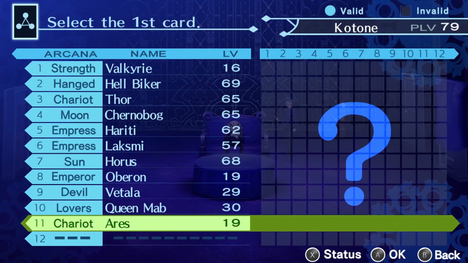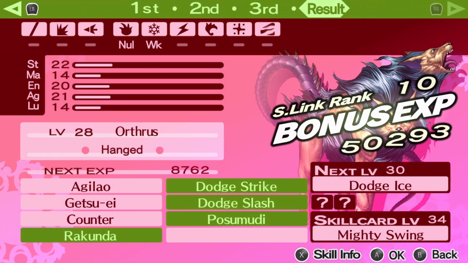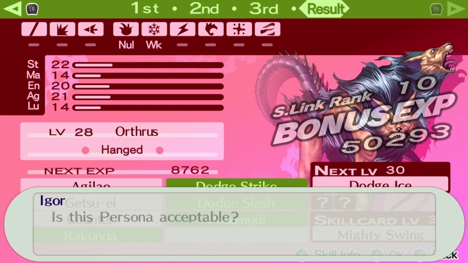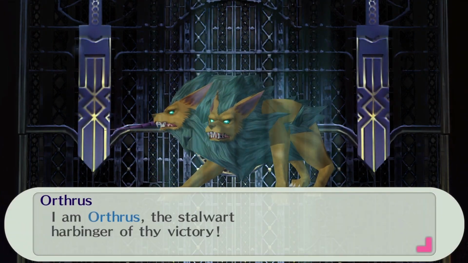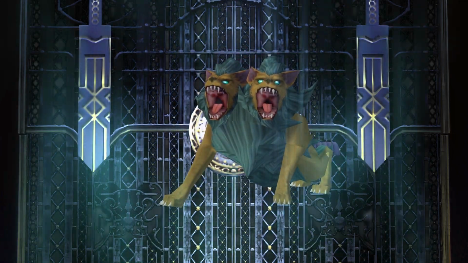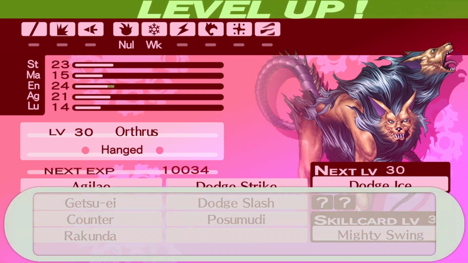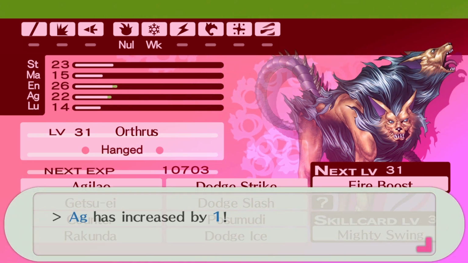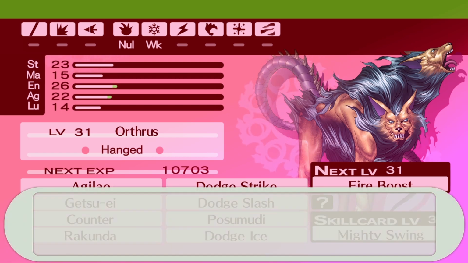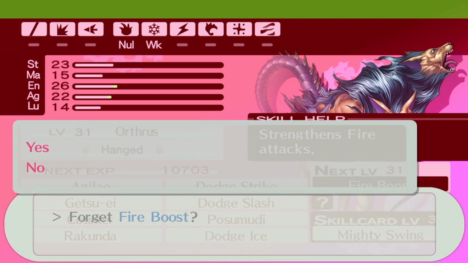Okay, let's see if we can get that persona fused. We've got Ares, Queen Mab, and in here somewhere we also have Valkyrie. There's the dodge slash. I think that's one of the ones that gets pulled automatically. So let's go ahead and fuse up this little guy. He's not really little. I actually don't know what he is. Terrifying. Well, anything with two heads and a long... Like, what kind of tail is that? Like, dragon tail type thing? Let's see, he's got a fire boost. That's not particularly useful here, so...